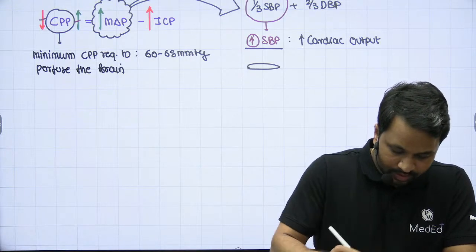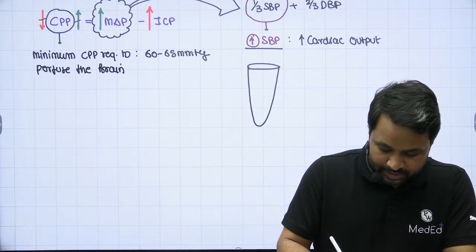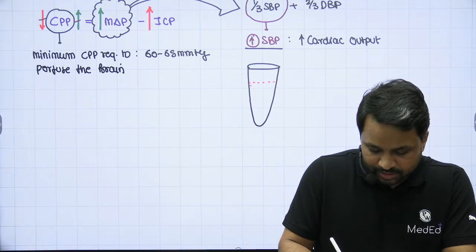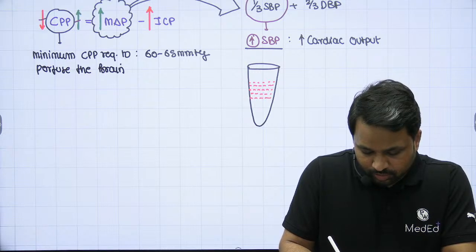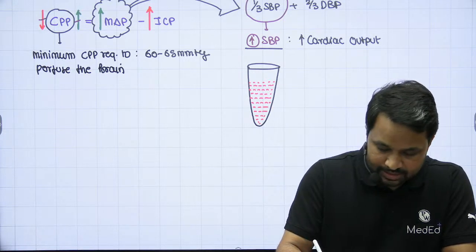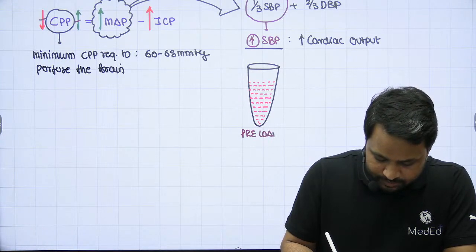है। अब लेफ्ट वेंट्रिकल में कॉन्सेप्ट है, इसको बोलते हैं प्रीलोड। What is preload, it is the amount of blood available in the left ventricle just before the contraction. और ये जो amount of blood available in the left ventricle just before the contraction is what we call as preload।